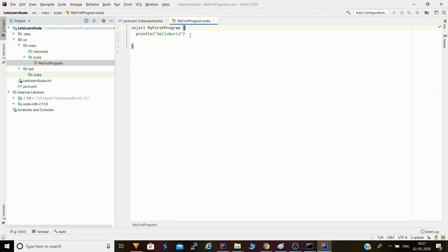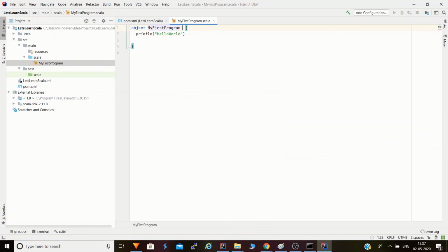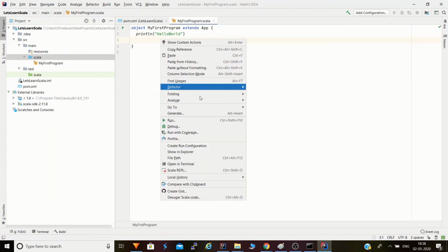So we have made it. When we right click, we will not get run for this, because we don't have a main method. We'll just extend App. I have discussed why we extend App in my other tutorials, and that concept will be clear there; here it is not the platform to discuss this. Now we will see that we get run.